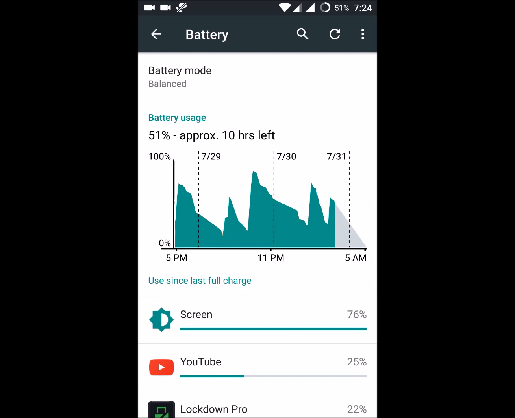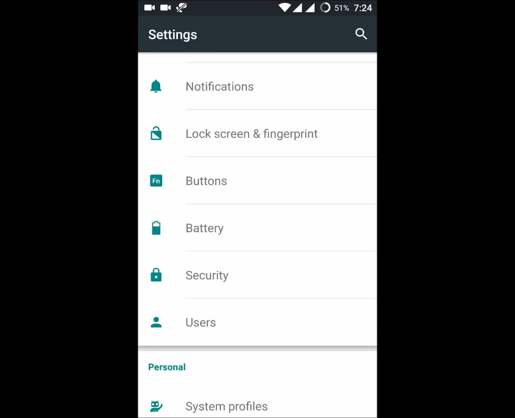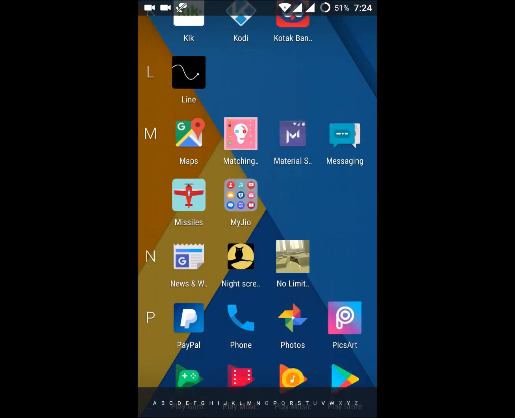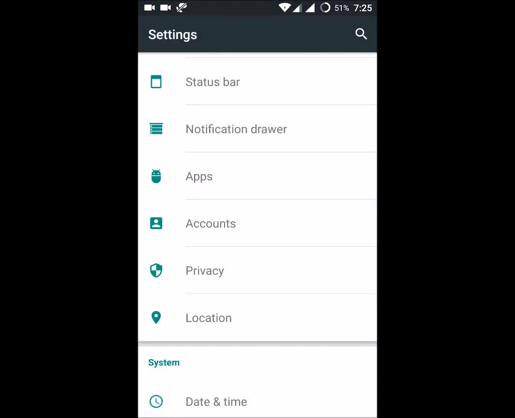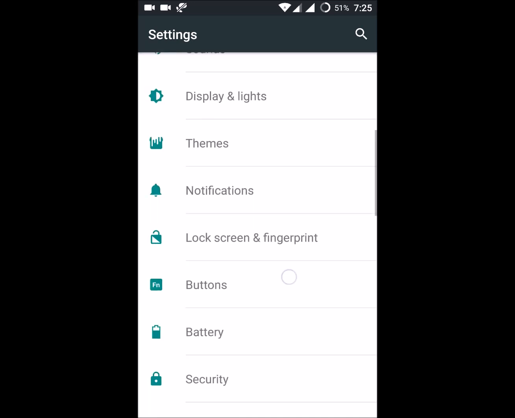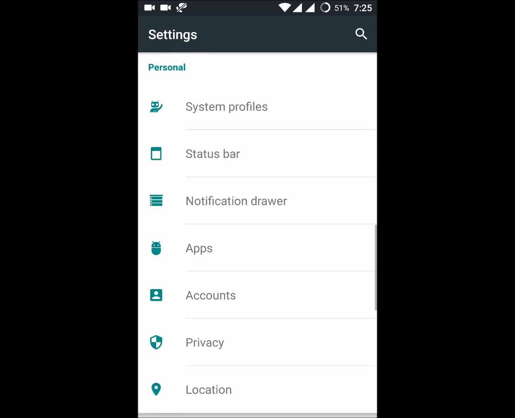What this will do is, by enabling the battery saving mode, it will turn off some services. Okay, we'll see what this battery saver mode will do for us. So just go to your settings, and under settings you can click on accounts.